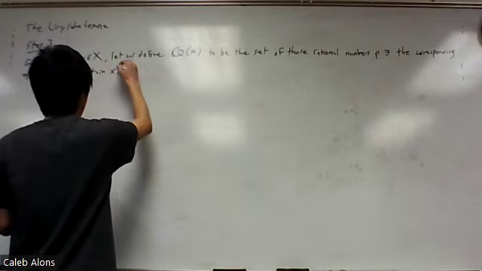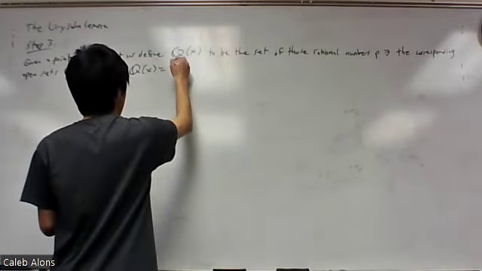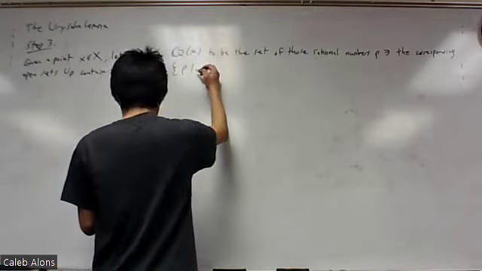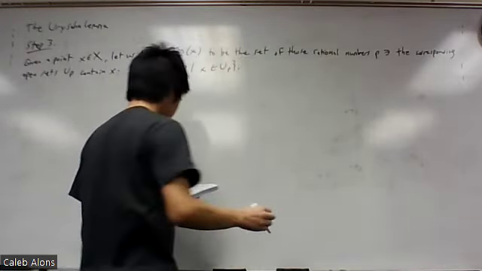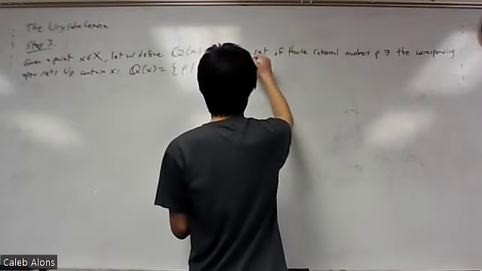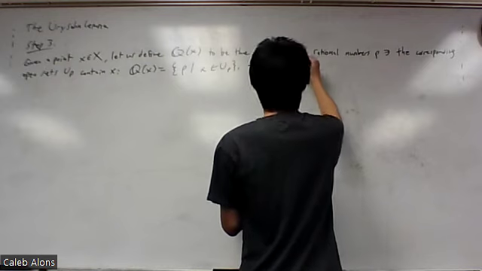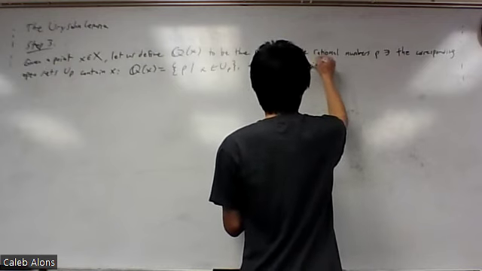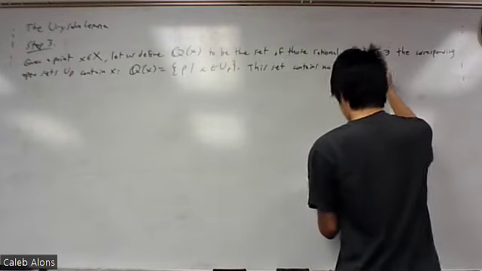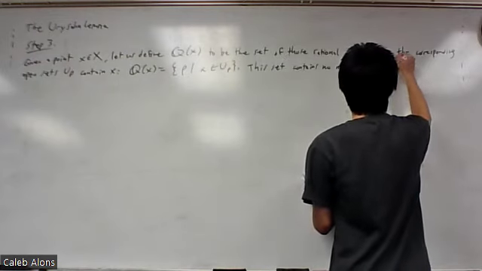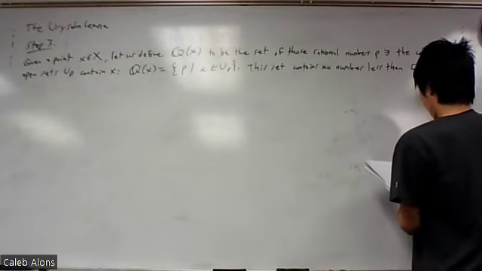So what we're saying is Q(x) is the rational numbers p such that x is contained in U_p. This set contains no number less than 0, thanks to our handy little extension where we chopped all this off,